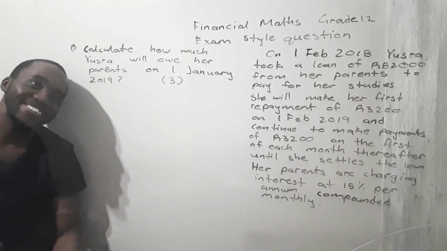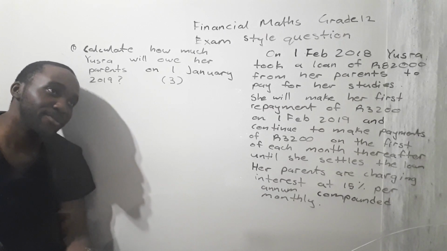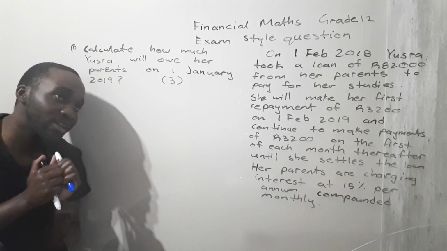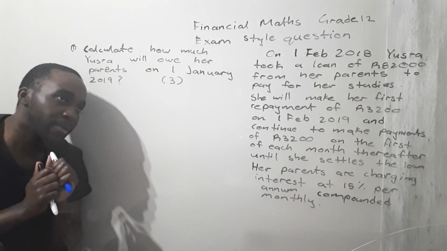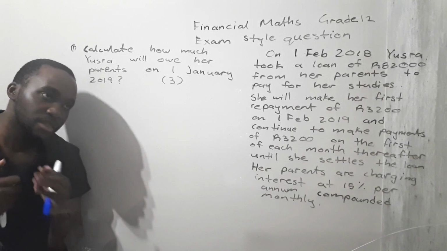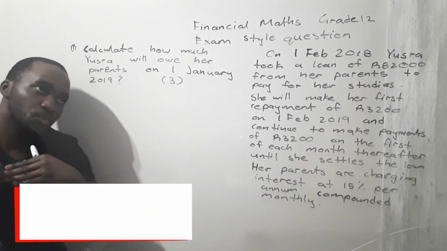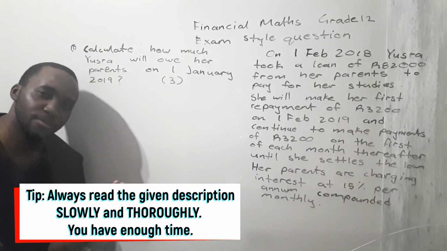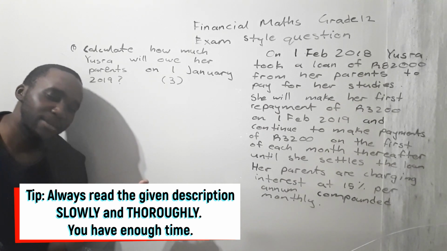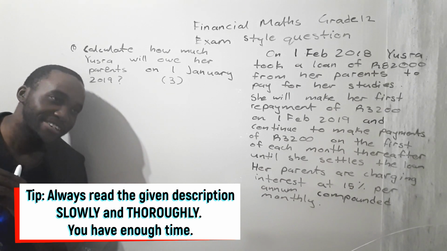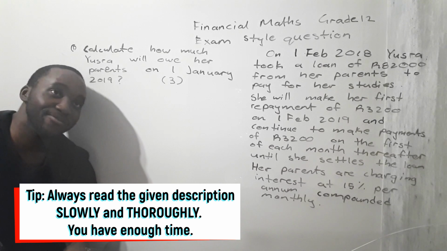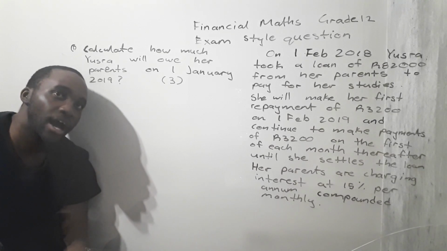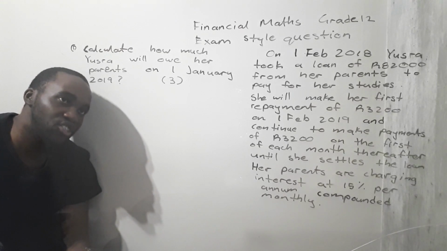Okay, yeah, that's interesting. So it's basically a scenario where money is loaned out and it's going to be paid back monthly. However, the first year there were no repayments being made because she was still studying, not yet making a lot of money. But then because she's getting a PhD, as soon as she gets it, she's going to be loaded. So anyways, the first question says calculate how much Yusra will owe her parents on 1 January